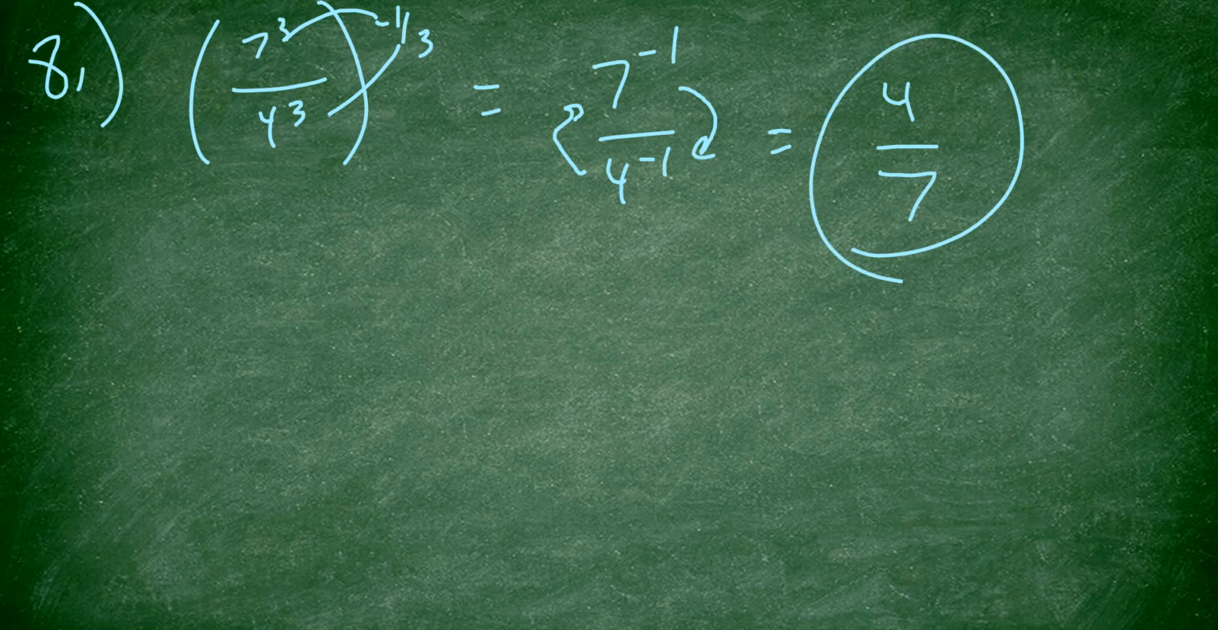4 over 7. And there we go for number 8. Alright, so number 10 we have 12 to the 3/5 times 8 to the 3/5 all to the 5th power. There's a bunch of different ways to do it. What I like to do is